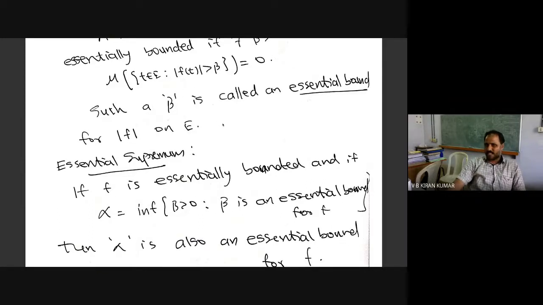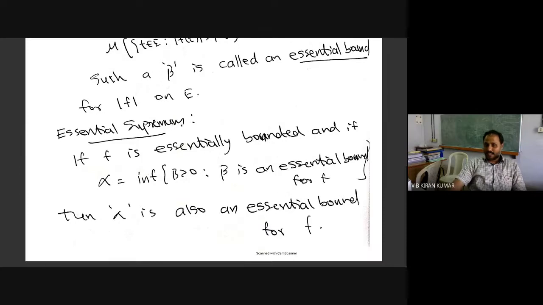You can easily see that all bounded functions are essentially bounded. Hence, you have plenty of examples. But there are essentially bounded functions which are not bounded. For example, take a function that takes the values 1, 2, and so on up to n and beyond at some discrete points. But this happens only on a set of measure 0, so no problem.